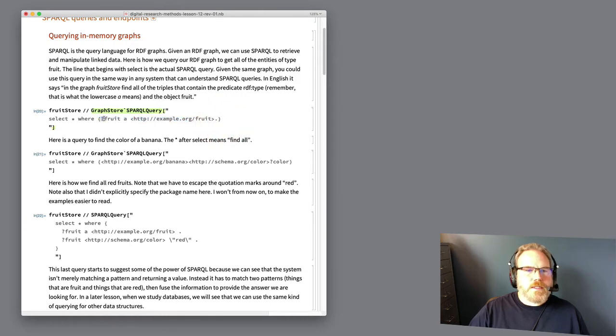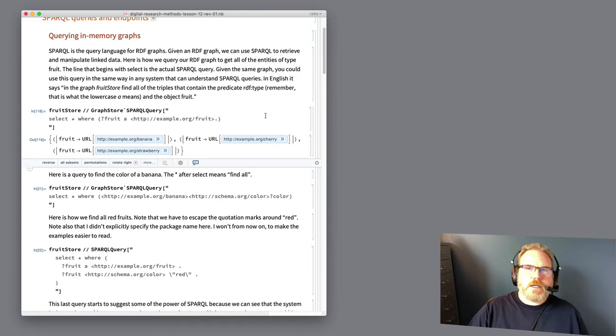The first part says you're going to fill something in here. That could be anything, but we're going to give it the name fruit. This next thing, a, is shorthand for RDF type. So when we see that lowercase a in SPARQL, we know that it means RDF type. And the third part of the triple is something that is linked to example.org to specify that it's a fruit. So when we run this,